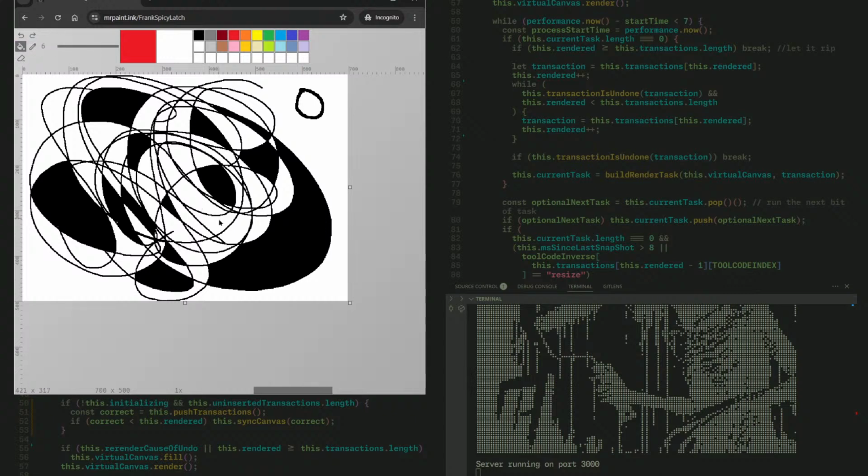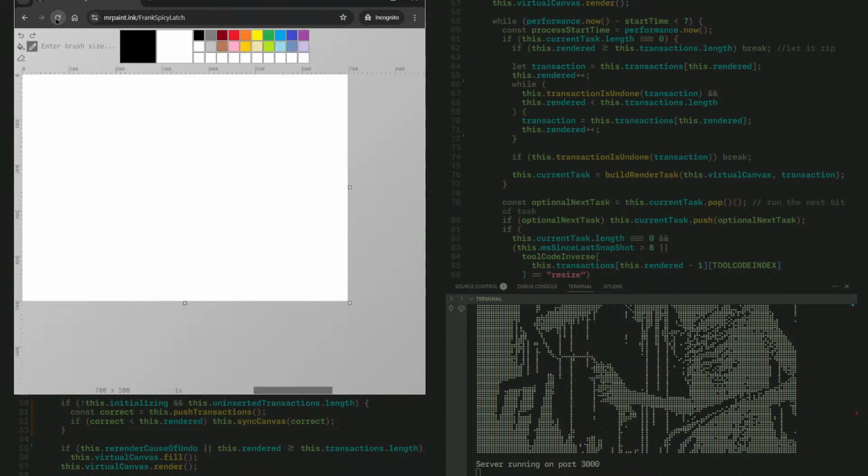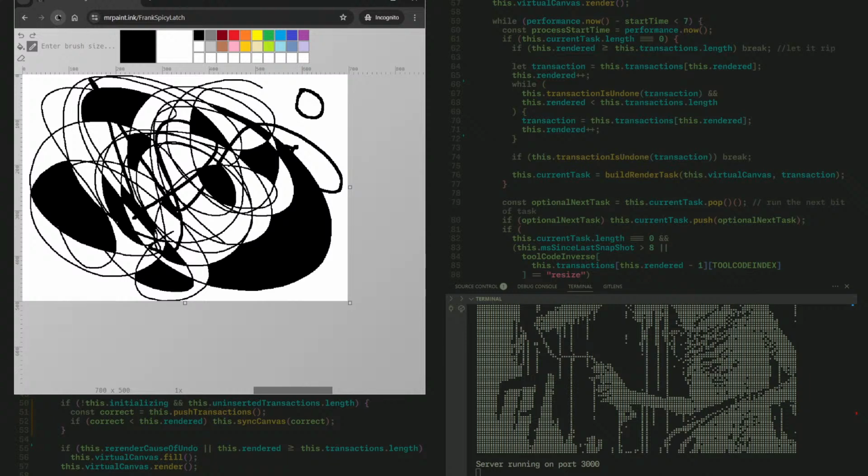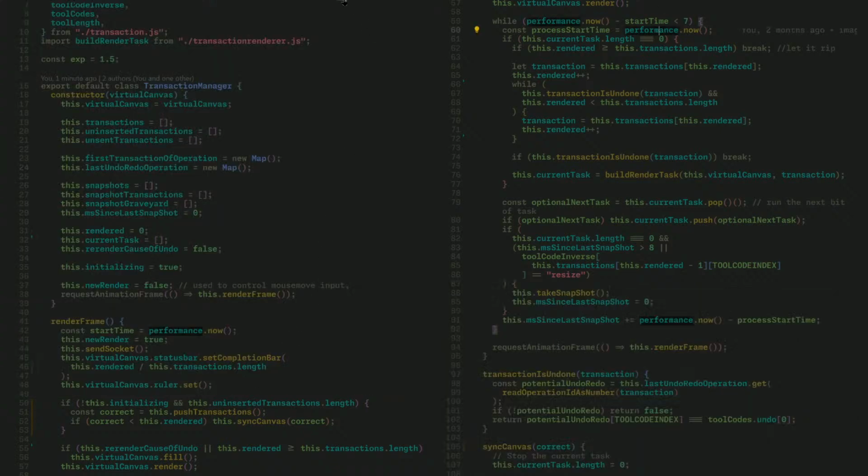All right, so let's do it like this, undo it, and then draw like that. Okay, it works. As long as you don't get that face bug, it works. So now we've gotten rid of correct. So now the index that we've rendered to,